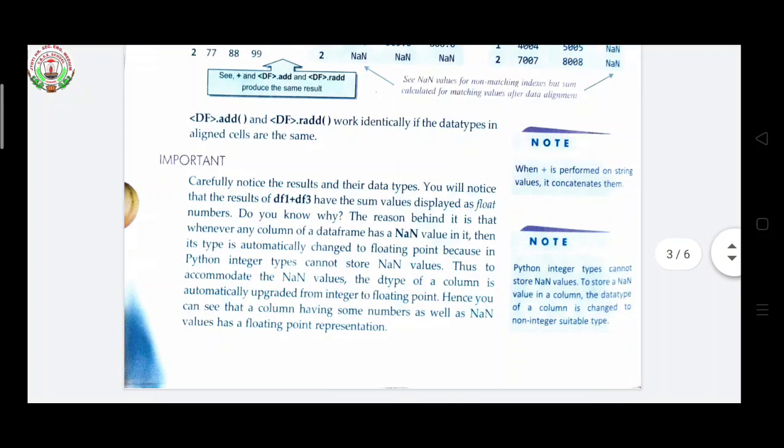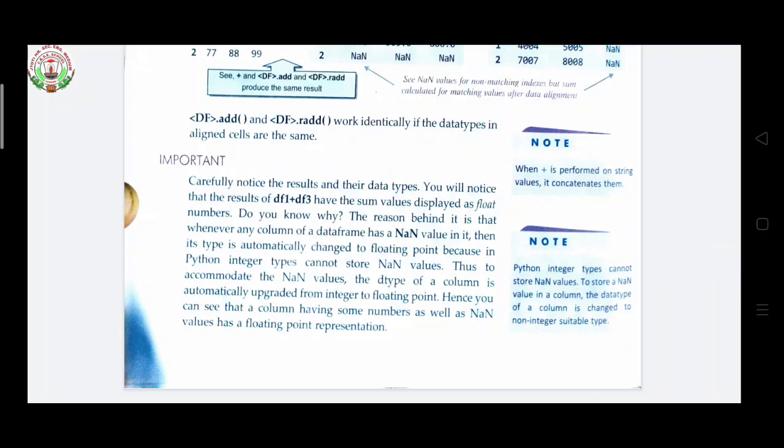So here, df.add() and df.radd() work identically if the data types in aligned cells are the same. Now a note is given that is important. Carefully notice the result and the data types. You will notice that the result of df1 and df3 has some values displayed as float numbers. Do you know why?